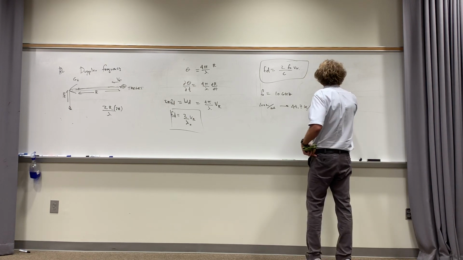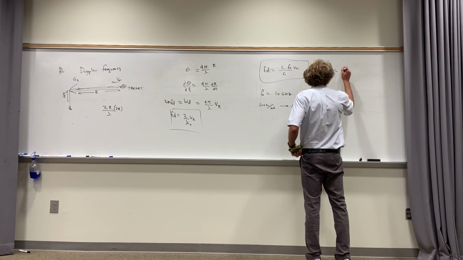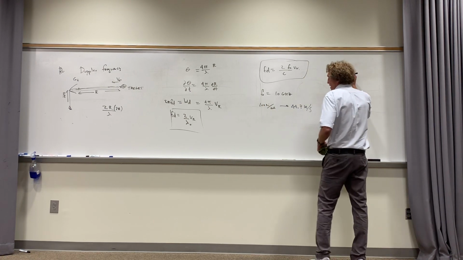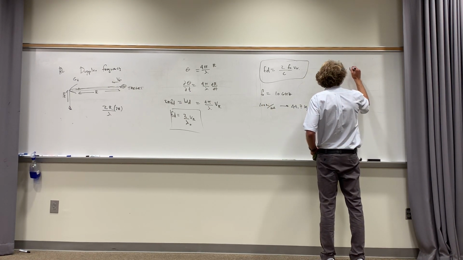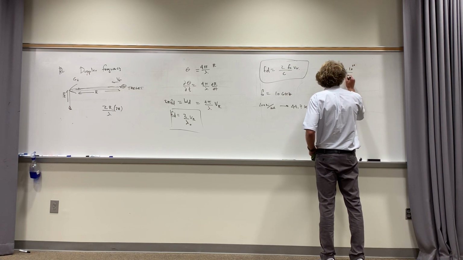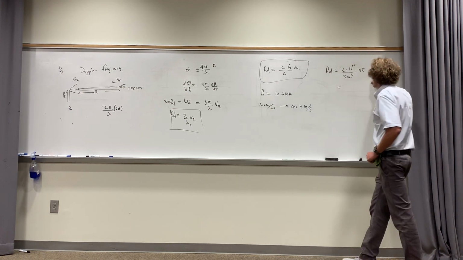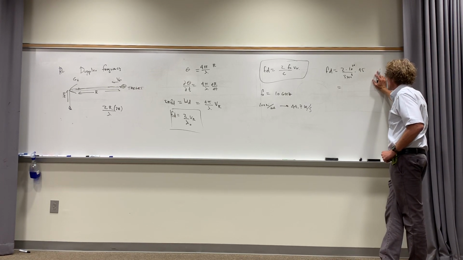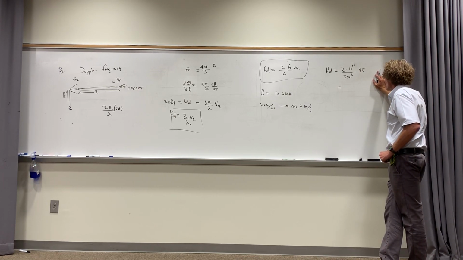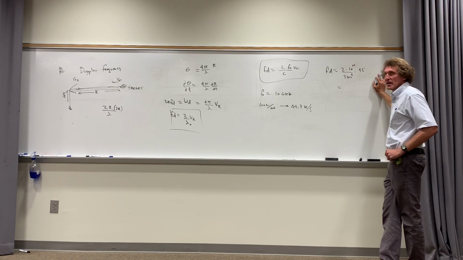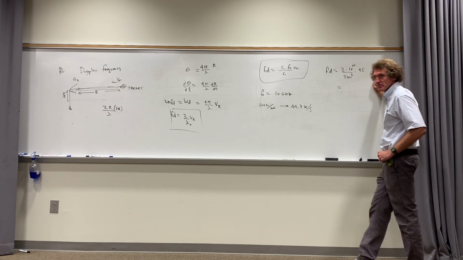So what's the Doppler shift for this? Well, that's 2 times 10 gig, or 10 to the 10th, right? Over c, which is 3 times 10 to the 8th. And then it's times the velocity, which is, call it 45. So what's that Doppler shift going to be? I've got 10 to the 8th and the 10 to the 10th, that's 100. So 45 times 2 is 90. Divided by 3 is 30, so it looks like 3,000 hertz, right?